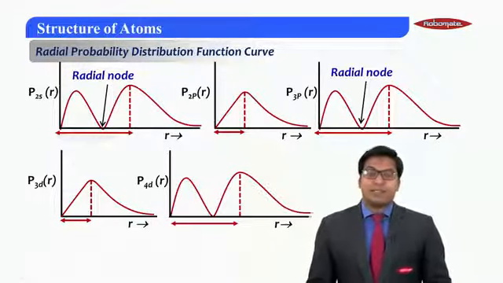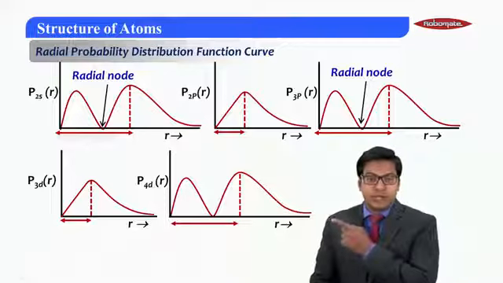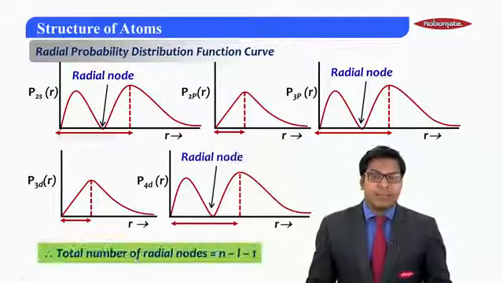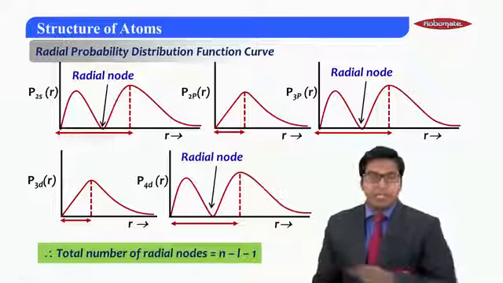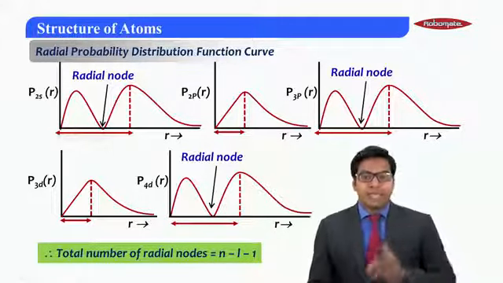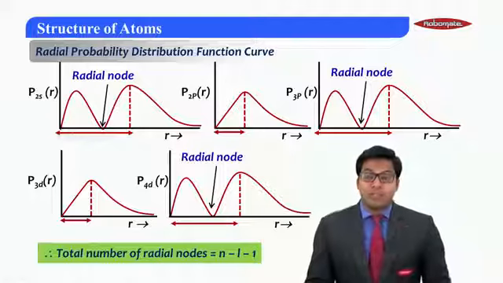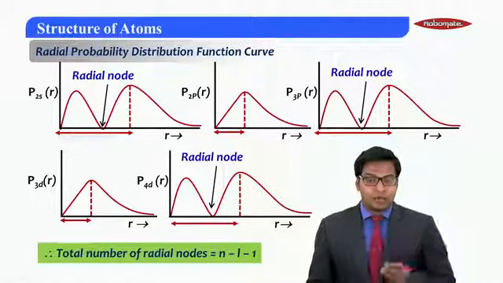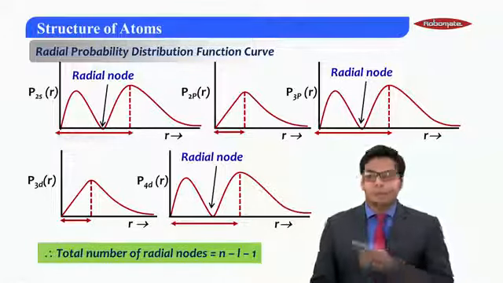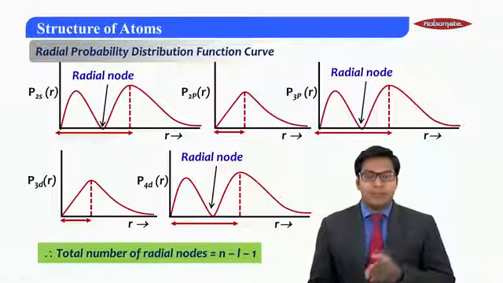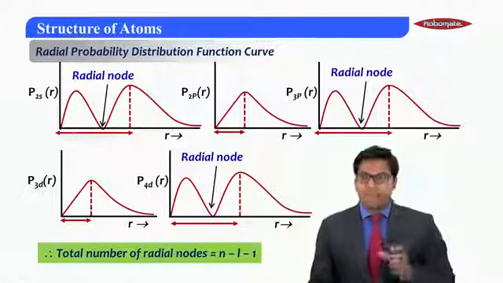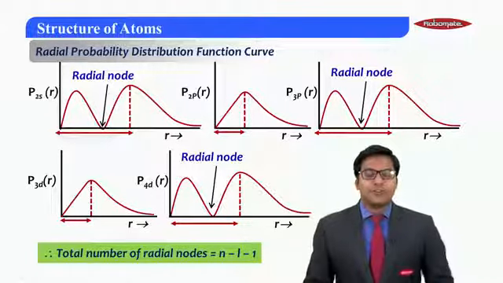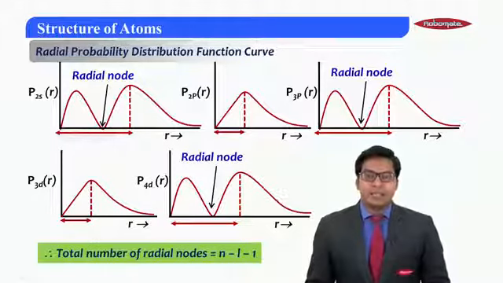This gives us a pattern. So here you would see there is one radial node forming. So this gives us a pattern that the total number of radial nodes will be equal to n minus l minus 1. So to calculate the number of radial nodes for any particular orbital, we can use this formula, that is n minus l minus 1. From there we can get the total number of radial nodes. As we go to the next module, we will see about the planar nodes or the angular nodes. Thank you.